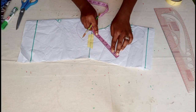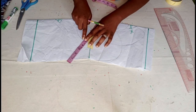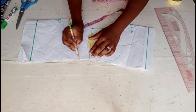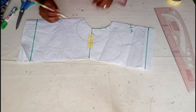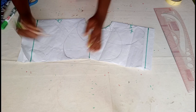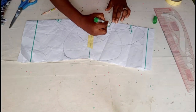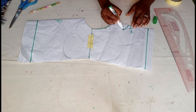Measure what I have here. I have 4 inches. From here, I'll measure 4 inches. Now I will be using this marker to trace it so that you'll be able to see it. So this is our first